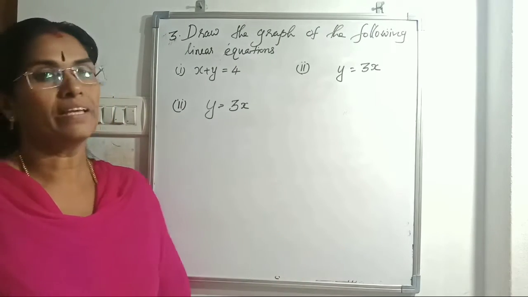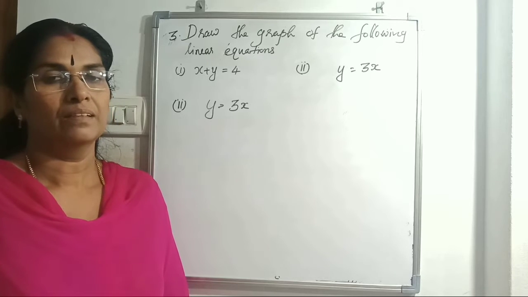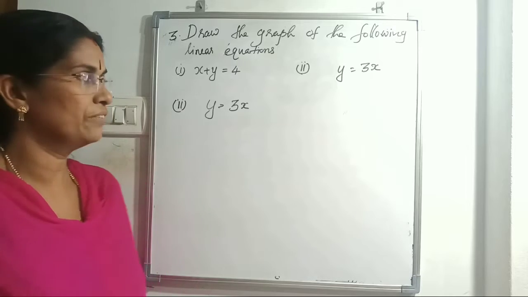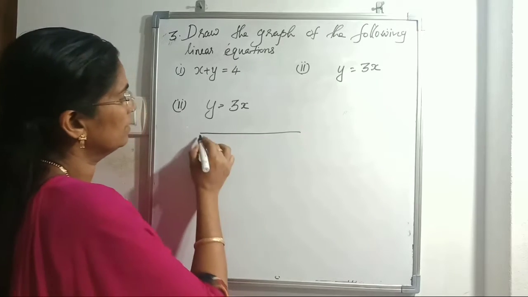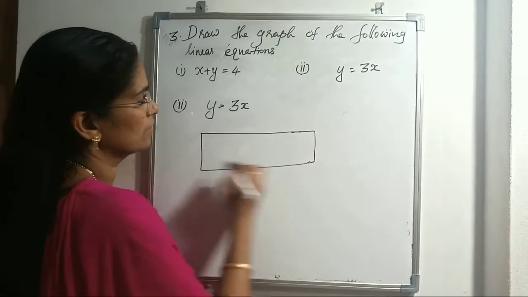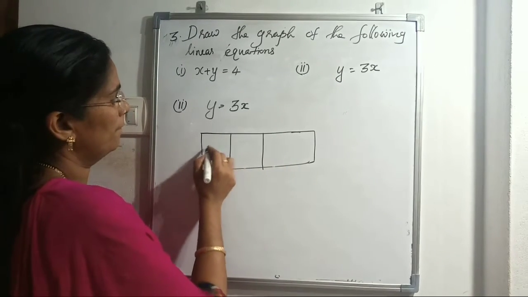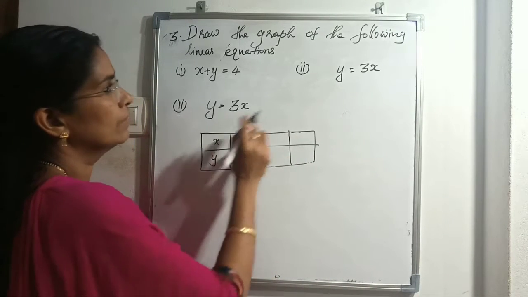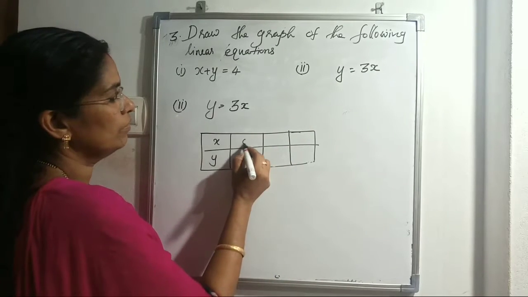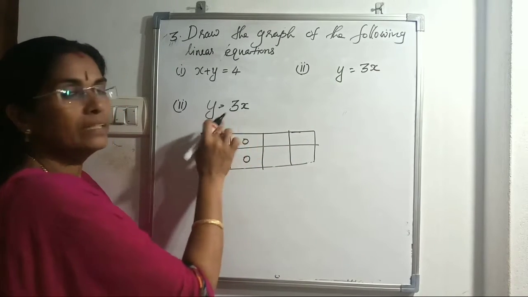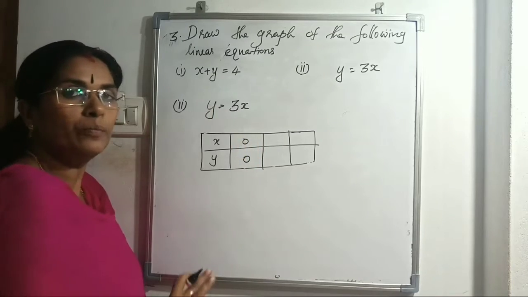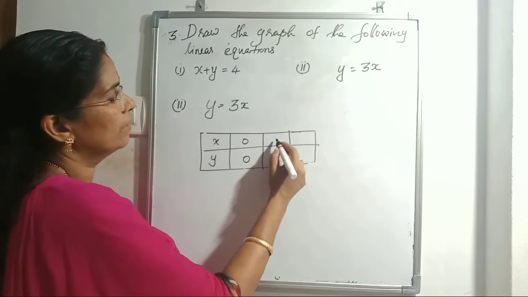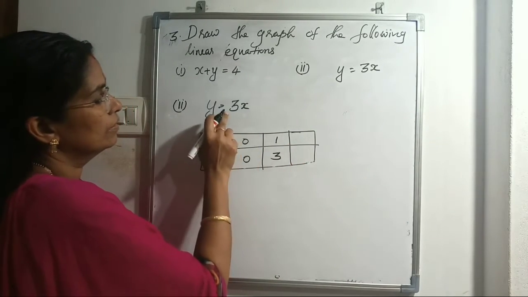Our second question is y equal to 3x. That also we have to find the points or the solutions of this given equation. Here also we are making a table like this. 2 or 3 values we can find out. x and y we are writing. x equal to 0, then y also 0. No need to make it in the general form. y is equal to given means you have to write like this, y equal to 3x. Okay. And x equal to 1, you will get 3 itself. 3 into 1 is 3.